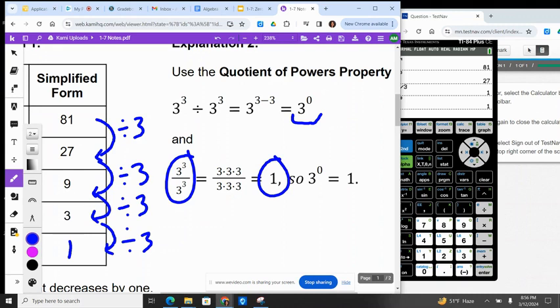Well, using that quotient property we talked about yesterday, when you subtract the exponents, we do get 3 to the 0 power. So anything to the 0 power is going to equal 1, and that would work for any number. Also, if you were to expand out 3 to the third, it's 3 times 3 times 3 on the top and the bottom. Those all cancel, and what we're left with is 1 over 1, which is 1. Okay,